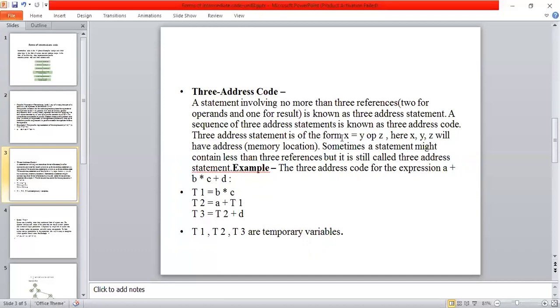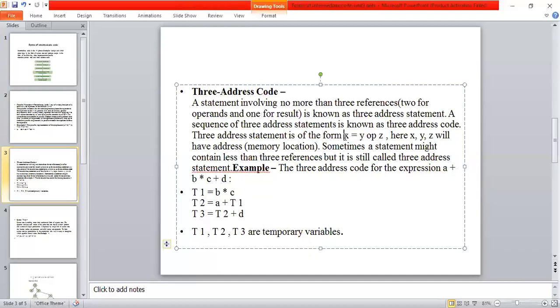So in this entire expression I have three addresses: one address for the x variable, another for the y variable, and the next for the z variable. Hence, this statement is called a three address statement. So the representation of data in the form of three address code is called a three address code representation, where the statement or the expression consists of three addresses.